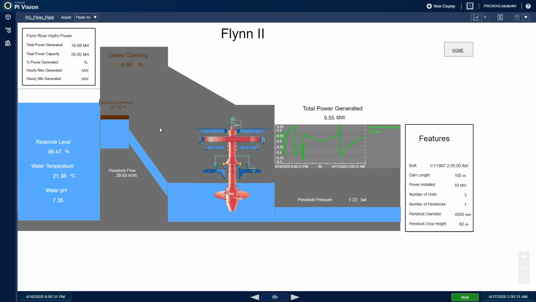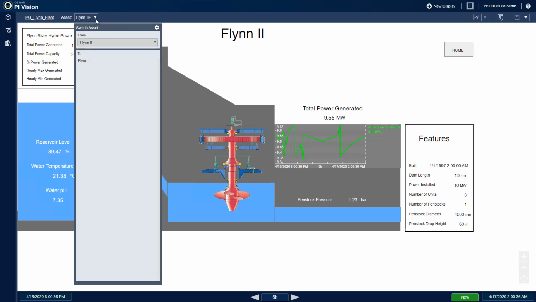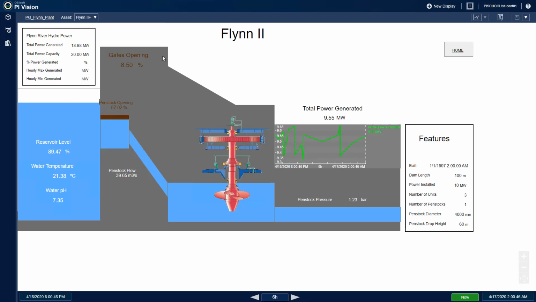So we have a similar display here as in PiProcessBook. And if Flynn 1 is shown, we can switch to plant Flynn 2 by using the asset dropdown. On the display now, the penstock flow for Flynn 2 is 39.65 meters cubed per second.